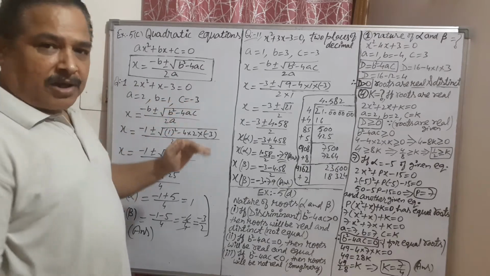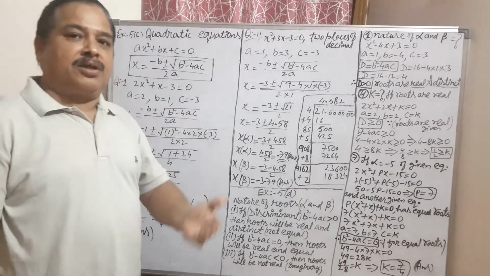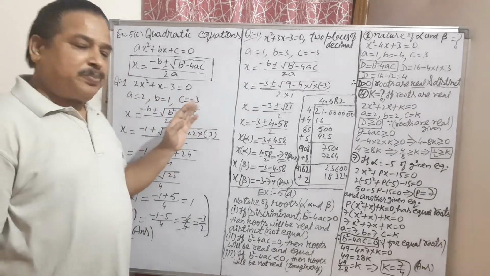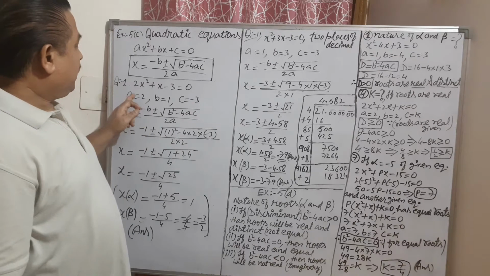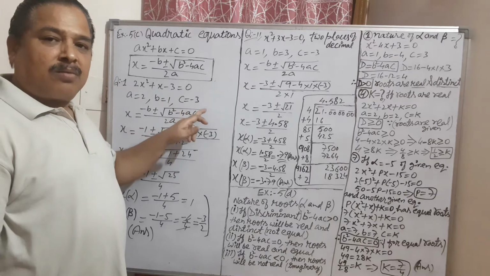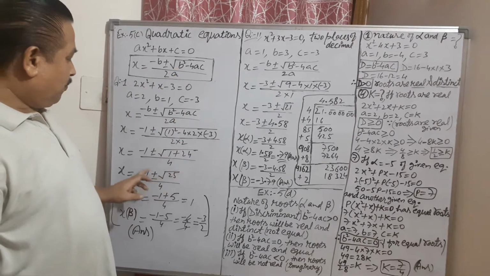So see the example here. Question number 1 from exercise 5c. This equation is given. From this equation find out a, b and c. a is 2, b is 1 and c is minus 3. Put all these values in this formula. After putting these values,